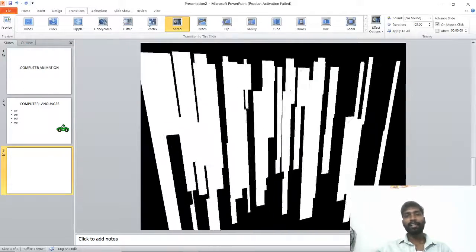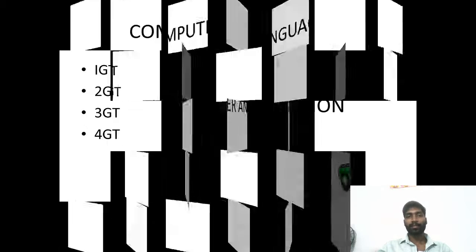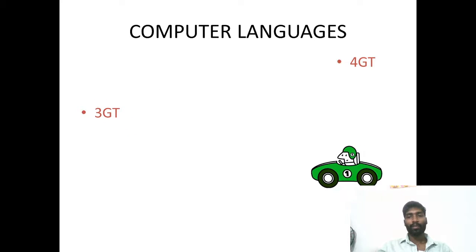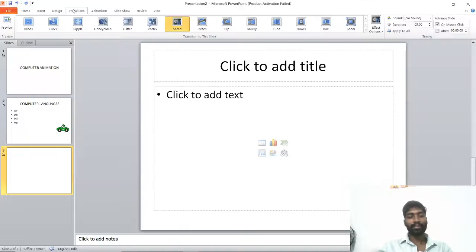Means in each slide I selected a different option. First I selected the slide, and after, in transition effect, I selected a different option. Now kindly see here. In the first slide, the effect we selected is coming. Am I right? Now when we are going to the third slide, see, this is all the transition effect we selected.